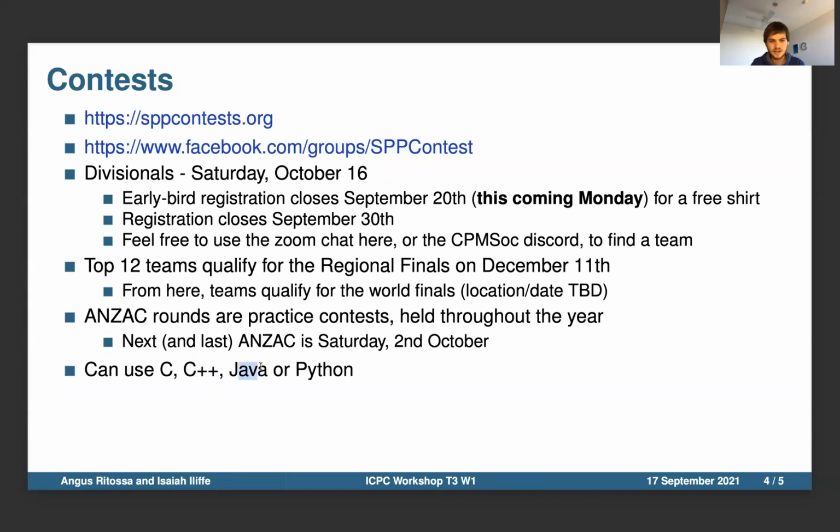If you know Java and you like that from, I don't know, 2511, feel free. And if you know Python, also you're free to use that as well. In code demonstrations today, I'll be using C or C++, but I'll be using essentially C when I'm demonstrating some code later.